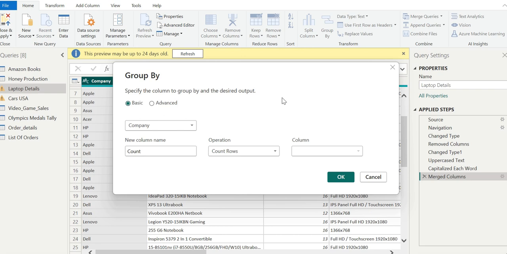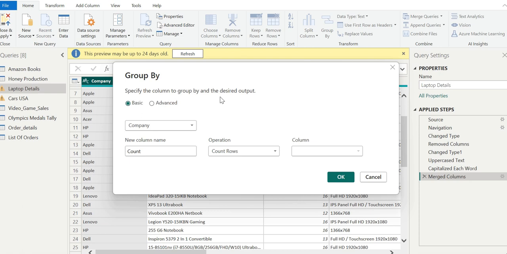A similar operation will be performed for each company in this table. If this is abstract, it should become clear when we proceed with aggregation. These are the basic settings of aggregation.